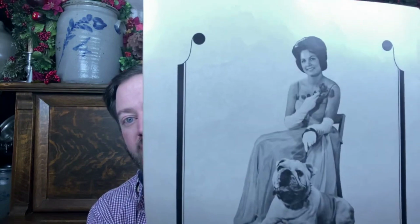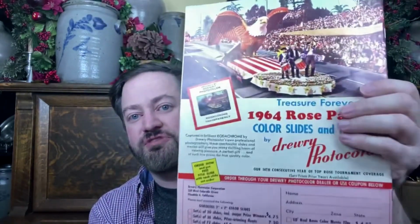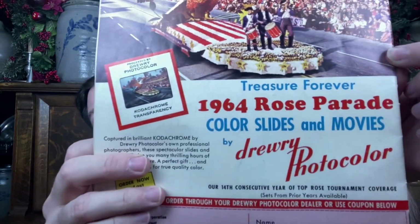The actual program, though, is kind of the fun one because there's ads in it. So there's an ad for the Tournament of Roses with, I don't know where the dog came from, for car polish, so I guess you're going to use the Rose Parade to advertise anything you can. You could buy colored slides of the parade, so if you wanted to watch it later. So there's a bank. I think there was a full page ad of cars. I should have marked it. So it's just kind of a neat little snapshot of